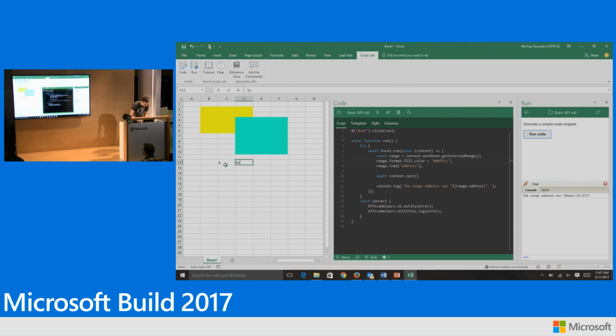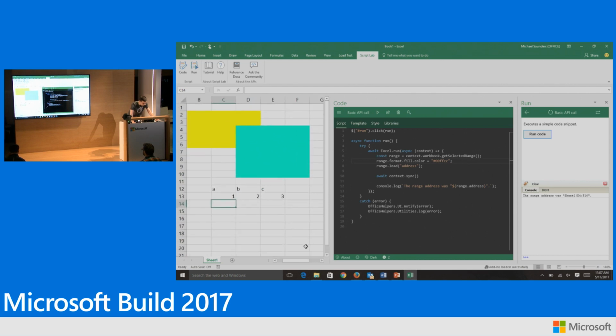Why don't I give ABC123 in the cells here. Always nice for sample data. That's a little small. Let me just zoom in a bit. Perfect. Now you can see that better. And so, okay, let's not do workbook.getSelectedRange. Let's specify a particular range. Workbook